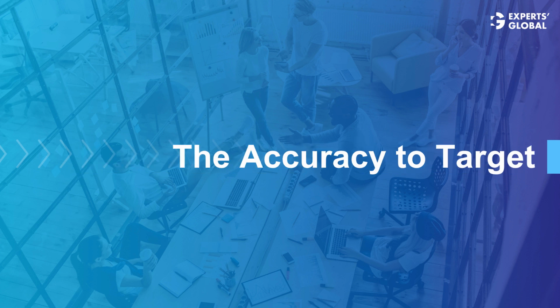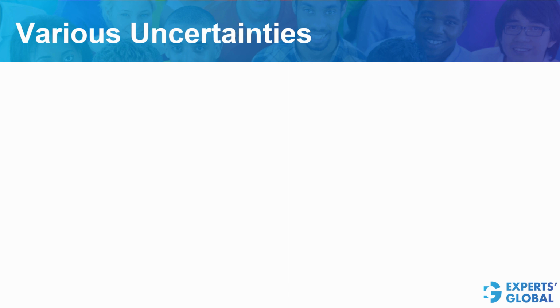Let us now understand the accuracy to target for getting a decent score on the GMAT. In the sense, how many questions can you get incorrect in respective sections for scoring different overall GMAT scores? And before I delve deeper into how many mistakes versus the respective scale scores, a disclaimer here that there are